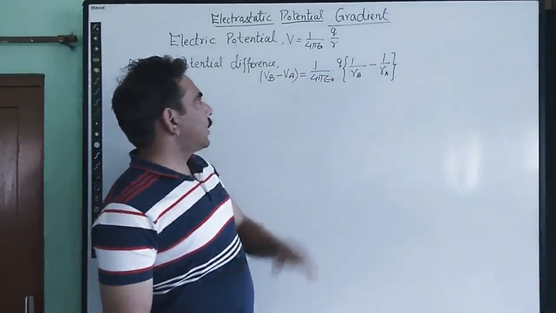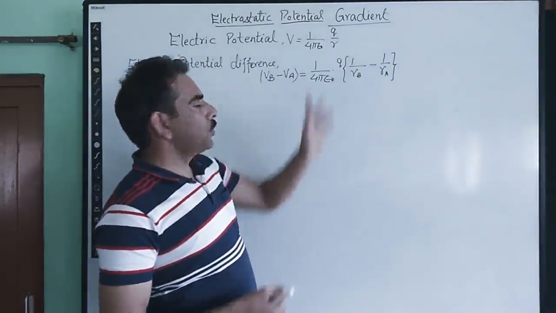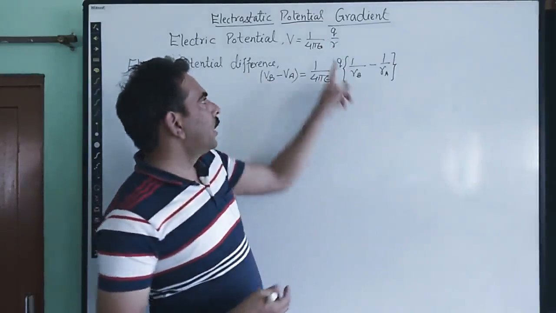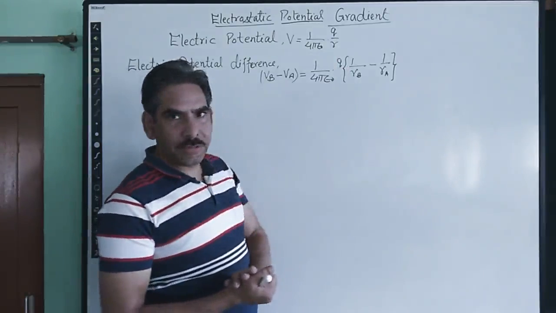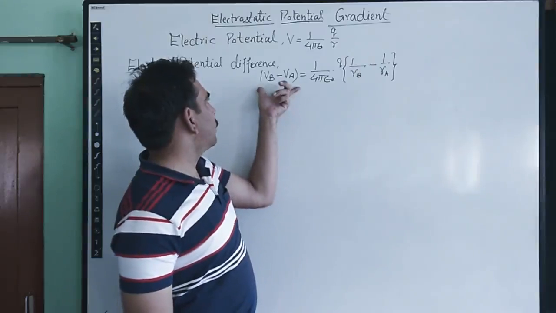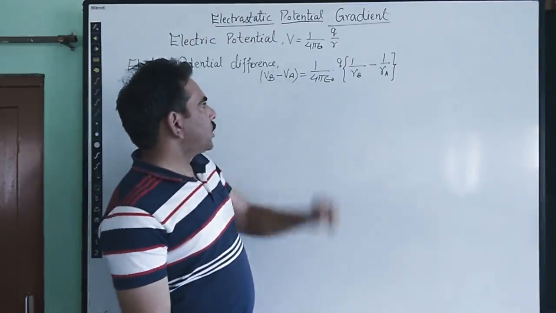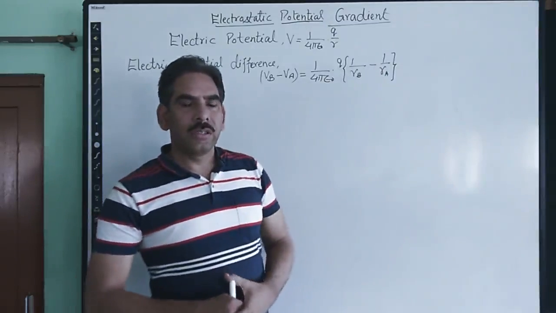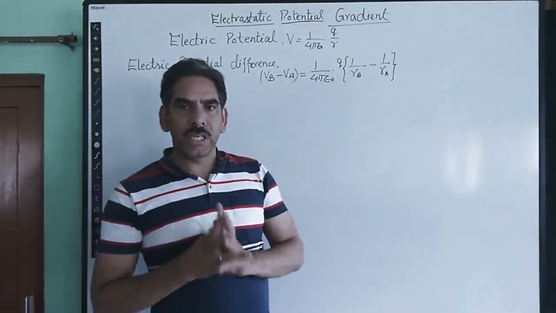This is the expression for electric potential, which is given by V is equal to 1 upon 4 pi epsilon naught into Q upon R, where Q is the charge whose electric potential we are calculating at this position R. And the second one is the electric potential difference for the work done between the 2 points, VB minus VA. This is the electric potential difference between the 2 points A and B, between which the charge is being moved, which is given by 1 upon 4 pi epsilon naught into Q into 1 upon RB minus 1 upon RA. All this work is done against the electric field of the given charge. This is what we have already discussed.